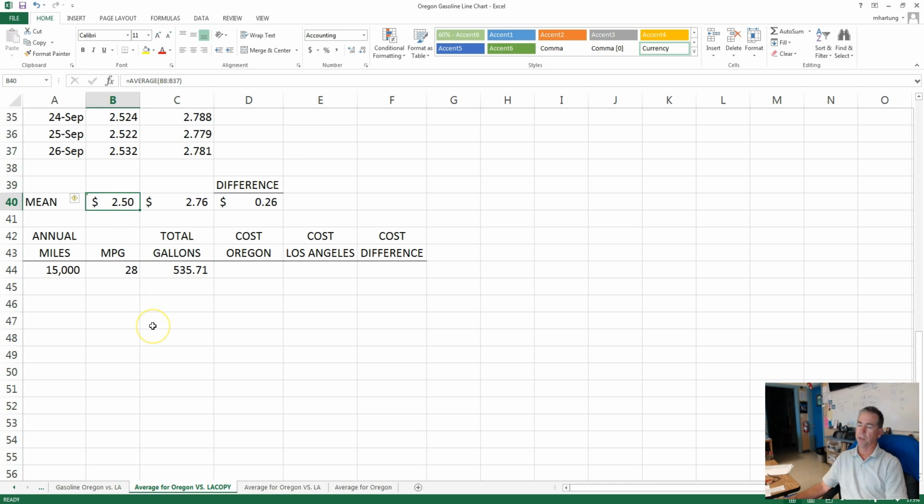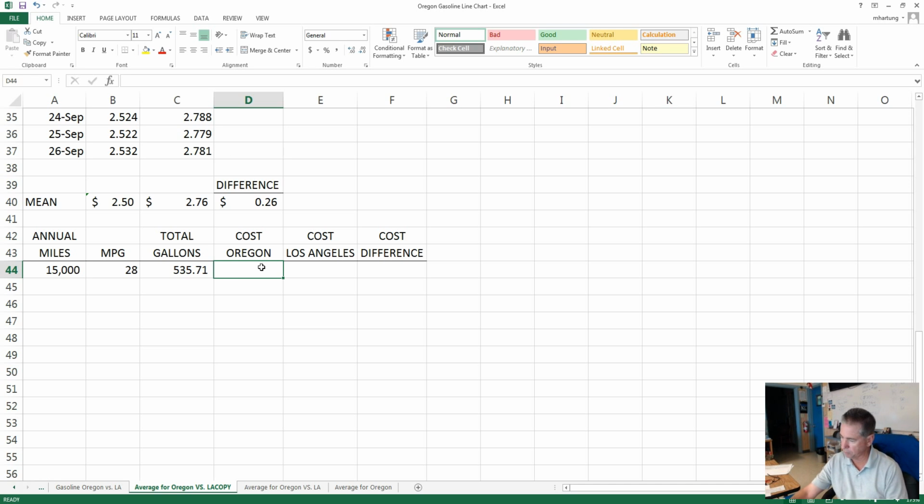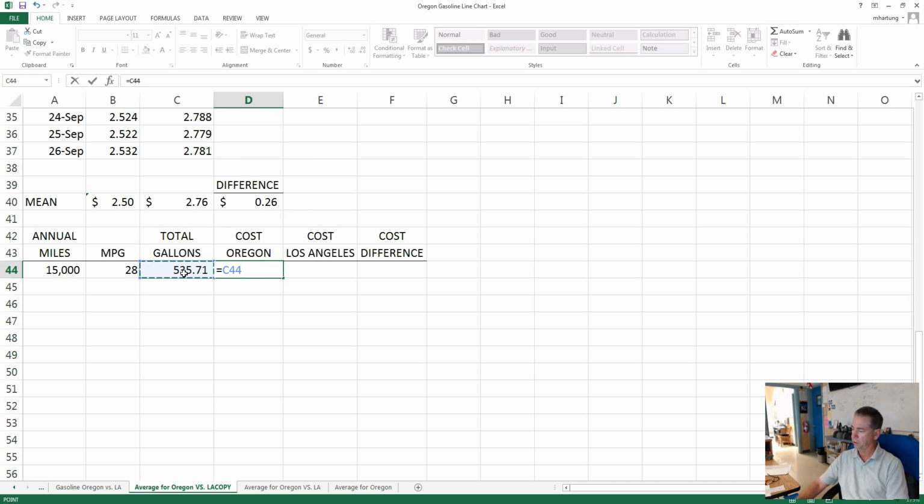What do you think we should do? Are we going to add, subtract, multiply, or divide these two numbers in order to come up with our total cost for driving this vehicle for 1 year? If you said multiply, I will agree. We are going to take essentially 536 gallons, multiply that times the Oregon price. So there is our yearly cost in fuel for this Toyota Camry driving 15,000 miles,